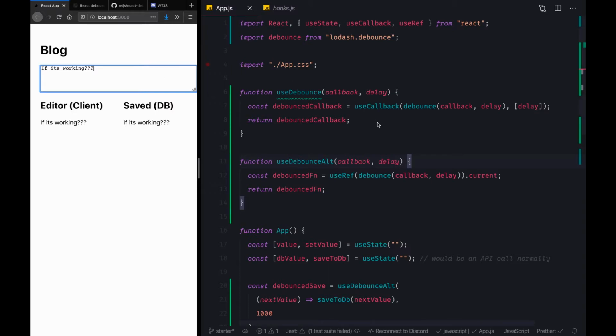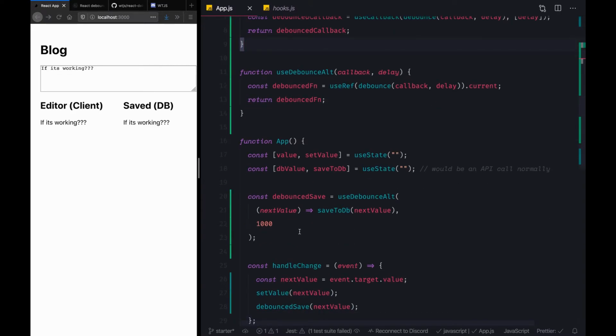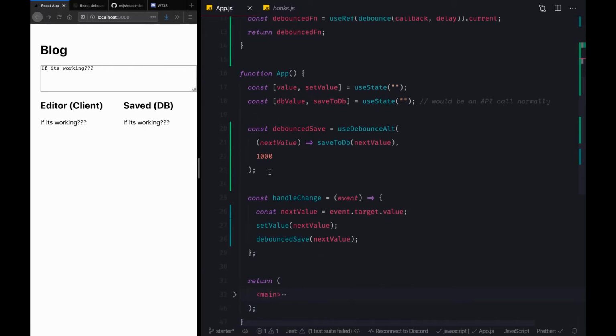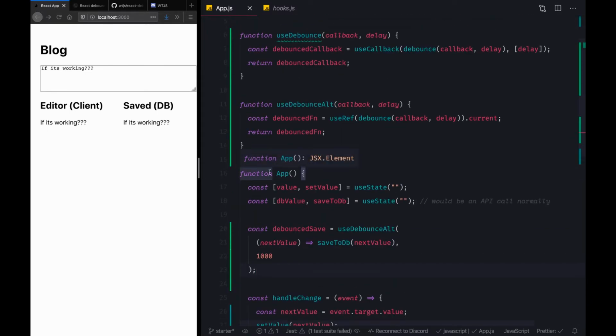So we can see it's working right now, and what we're doing here is pretty similar to what we did with directly creating a debounce function of the ref earlier. So this hook works in a similar way, and we can see that we are creating a debounce callback and directly storing it on a ref value. And over here, I'm directly referring to the dot current property of the ref object. So I can just return it in a similar fashion.